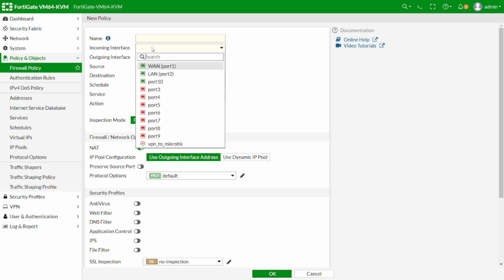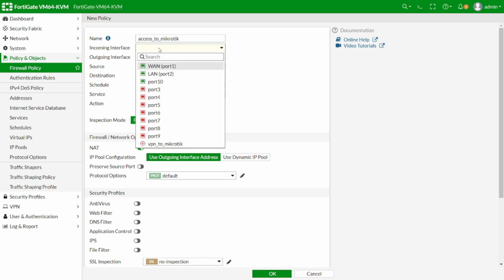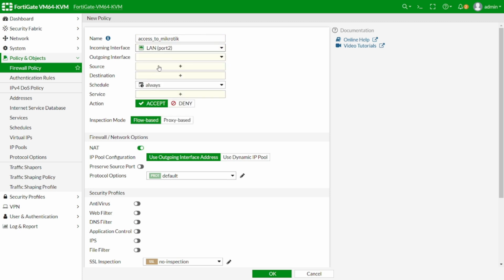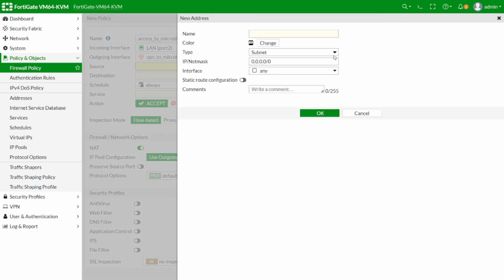So that you understand how the VPN policy works in particular, you will have to perform the following exercise in the FortiGate. The outgoing traffic in the VPN will be from your local network to the destination network. In turn, the traffic from the VPN will enter through the VPN to your local network. Therefore, in order to create these policies, you will first have to create an access policy